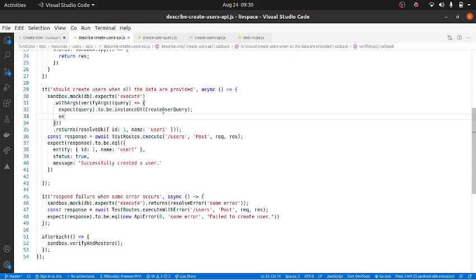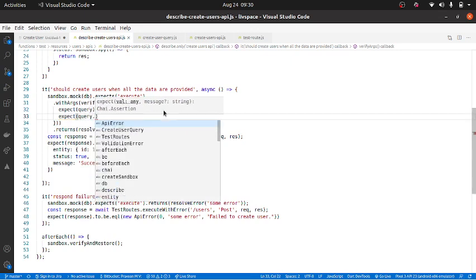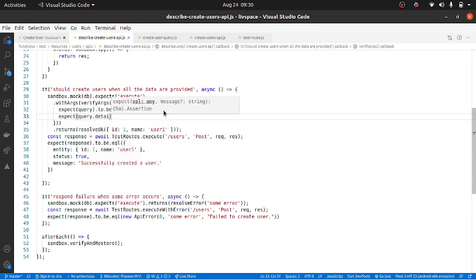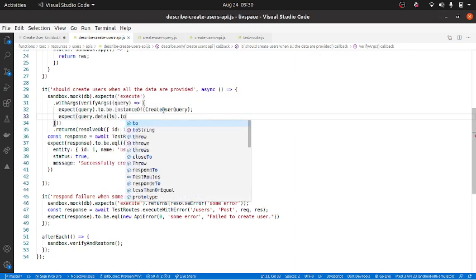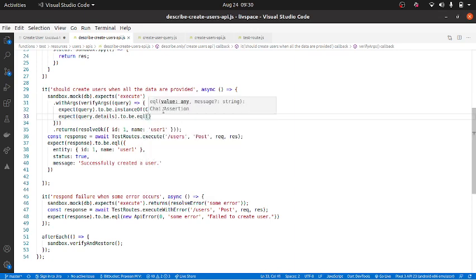So I think expect query dot details to be equal. I know you can just do toEqual also, it's just that I like it to be a little more readable.